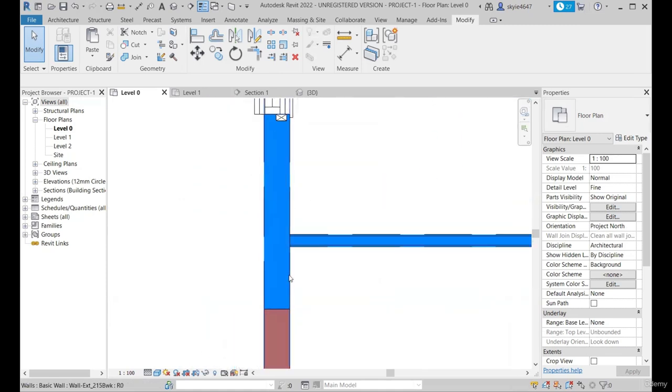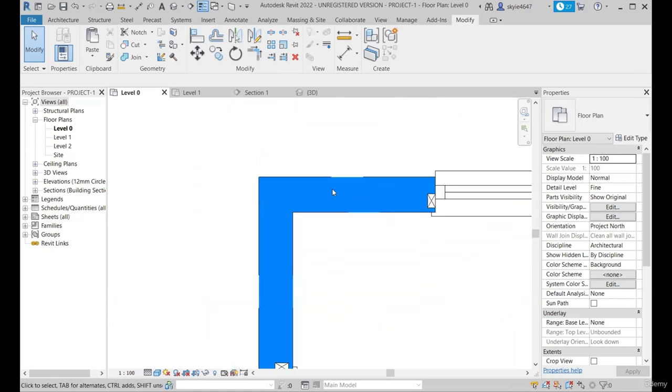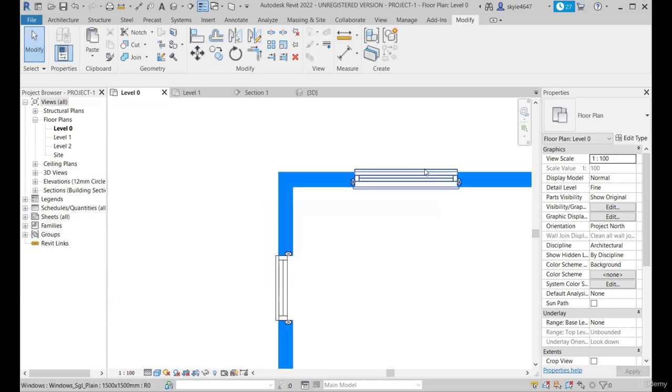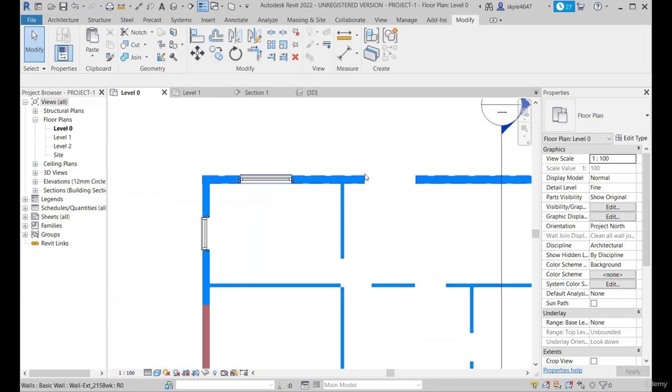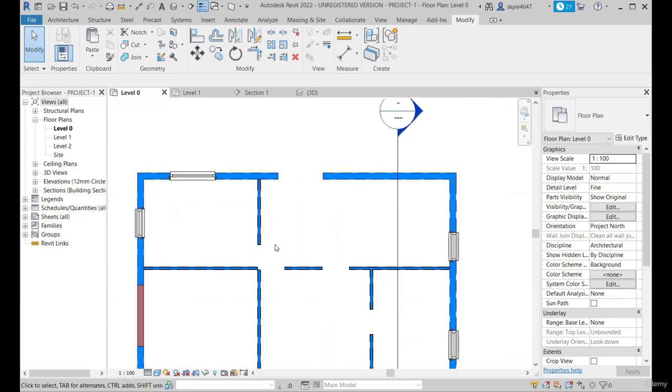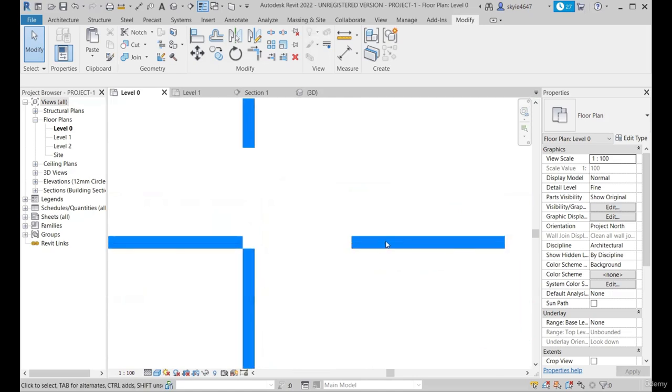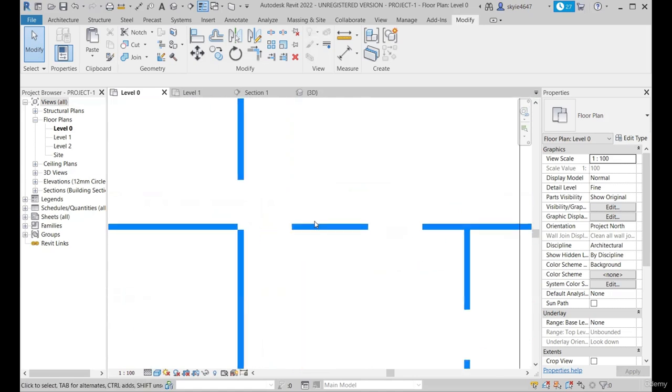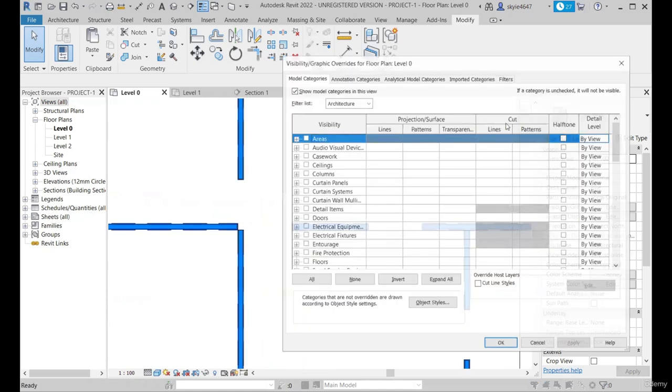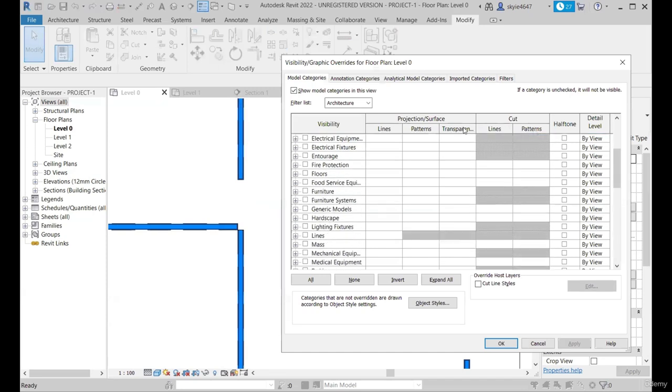As you can see, previously those were continuous solid. Now you can see there is a change in patterns for these wall elements. My grids and other doors are also off. Now you can see the line pattern has changed. So you can change both the lines as well and the patterns as well for the cut and the projection